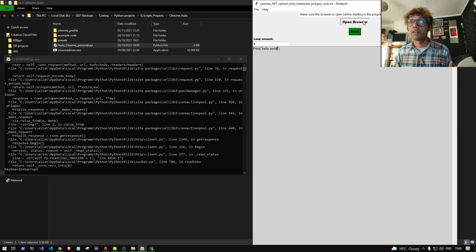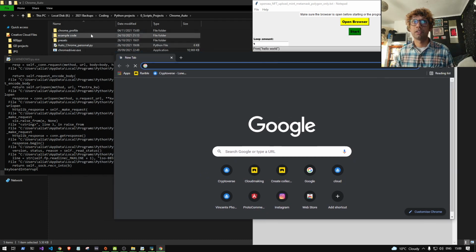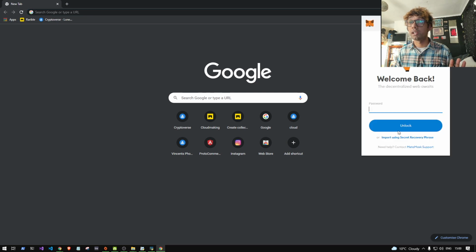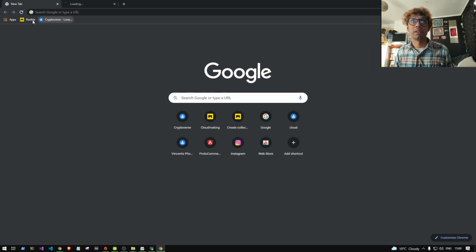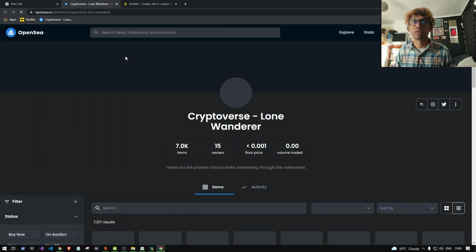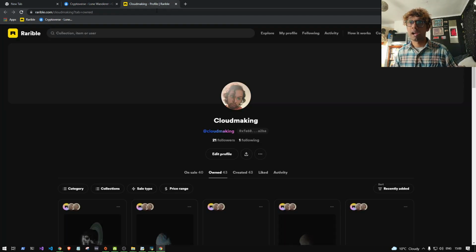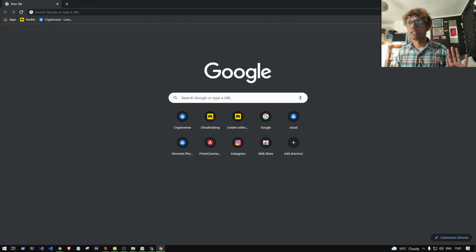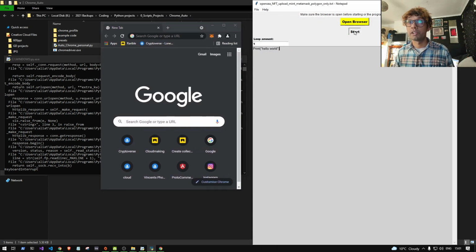So basically, you have to have the browser open. So as you can see, this is my version of the Chrome profile. This is my own personal Chrome profile. And what I usually do is I usually just go there and go to my MetaMask and just log in. And this instantly gives me access to this and this, so I don't have to connect my wallet at all, and I'm in straight away. As you can see, my profile, my face, will come up here, and for Rarible as well. So that aside, just leave the browser open for a second. We'll just leave it super tiny here,